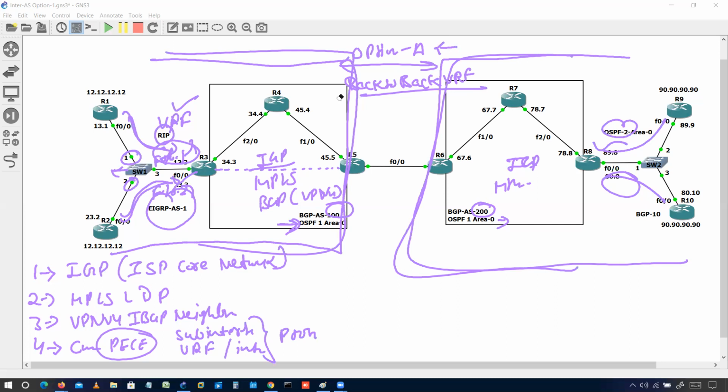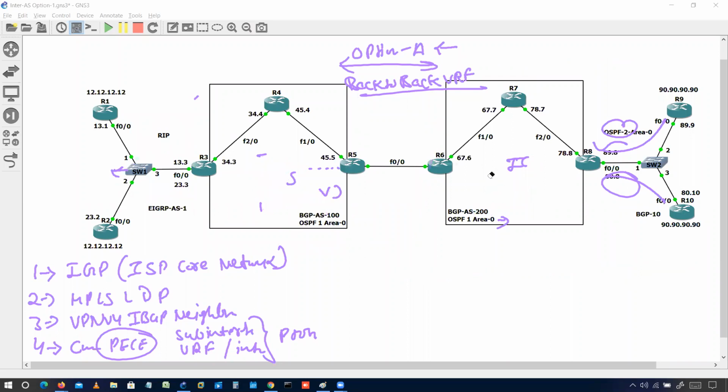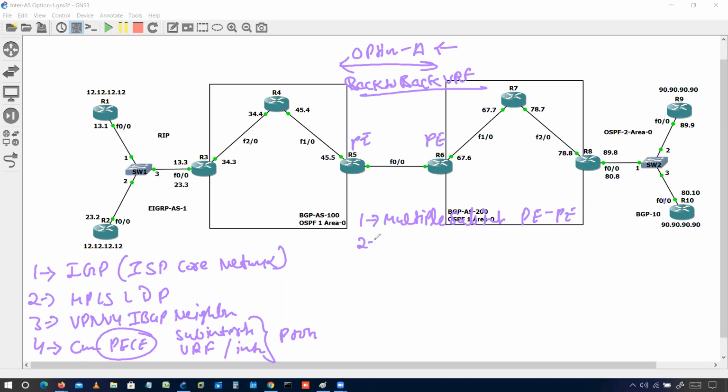How? We have two solutions we can apply here. The first, we can have multiple physical interfaces between the PE devices, or we can configure multiple sub interfaces.